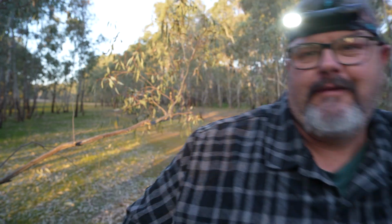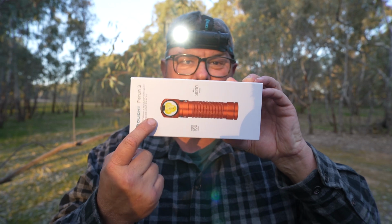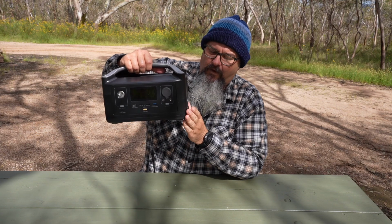This awesome light is the Olight Perun 2 headlamp. This awesome light is the Olight Perun 3 headlamp, and this is the one I'm going to be reviewing today. I'm reviewing my drink bottle, Coleman Camp Stove, Deeper Chert Plus, EcoFlow River, this Helinox Perun 2, Arcfeld UV, and